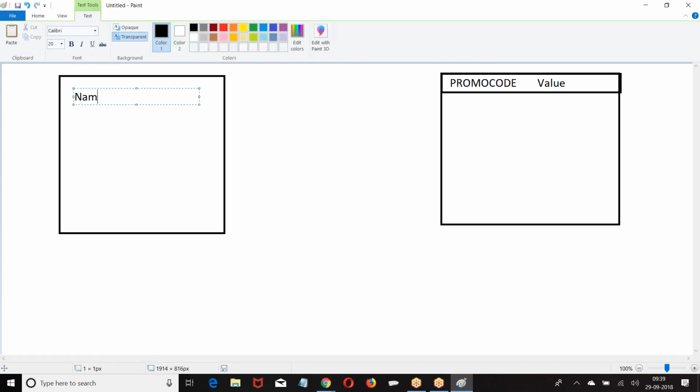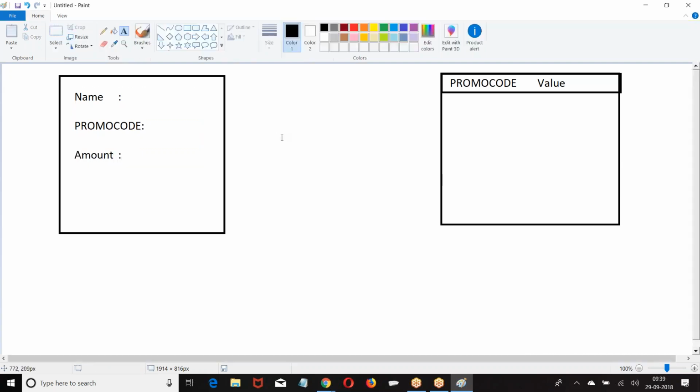Now when you click on the record and save it, once the record is saved, it will go and search.